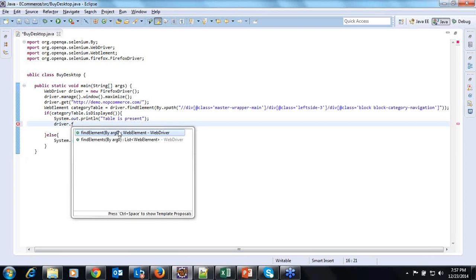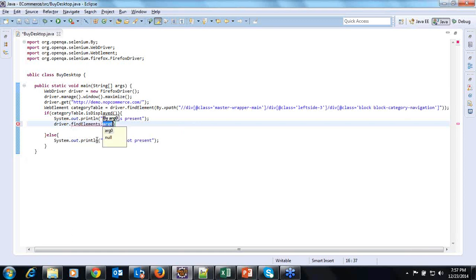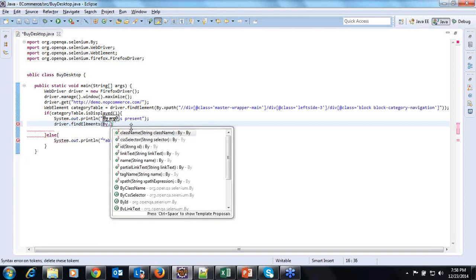It will return only one element, and you can use different methods such as dot click or dot clear. It will act as per the method you select. But here the table has more than one value, hence let me use find elements. As I said, find elements will return more than one object, so I should assign it to a variable. It should not be a single variable, it should be an array. Before that, let me use the same format here. Find elements by dot XPath,